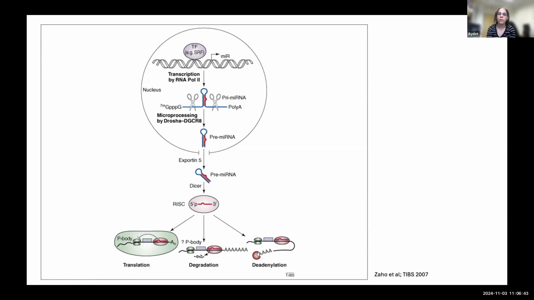They were identified to be important mainly for development, but also for generating cancer and other diseases. And they are also highly controlled. They have their own promoters sometimes, but the expression is also controlled by, for example,